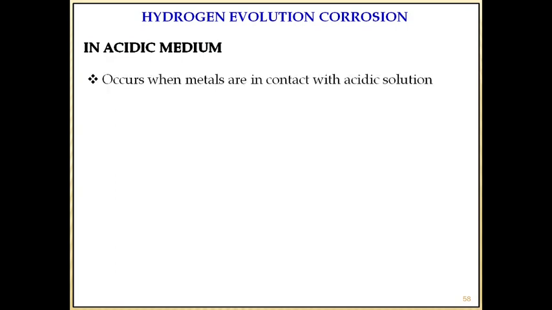it happens when there is an insufficient amount of oxygen. It happens when a metal is in contact with acid solution and also in the absence of sufficient oxygen concentration. When oxygen concentration is low, corrosion occurs by hydrogen evolution. We have studied that oxidation means evolution of hydrogen or addition of oxygen. So if there is no sufficient amount of oxygen, corrosion occurs by hydrogen evolution mechanism in acid medium.